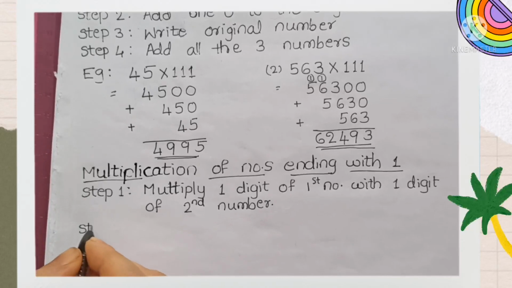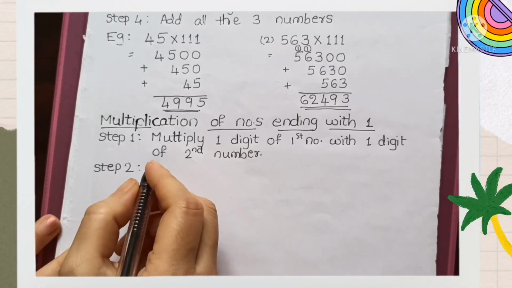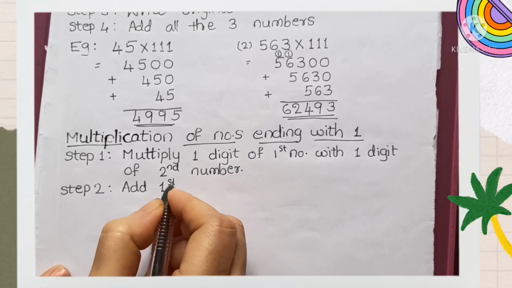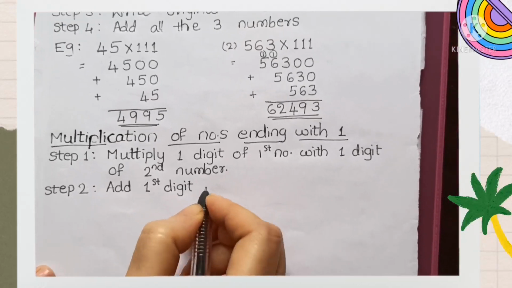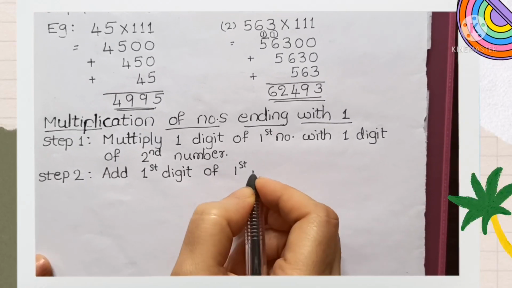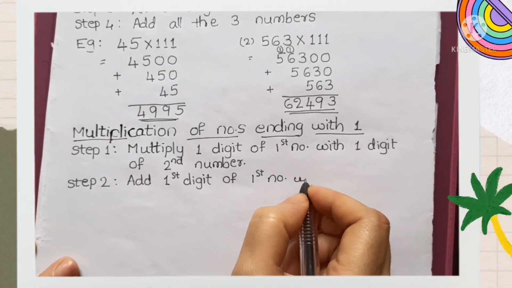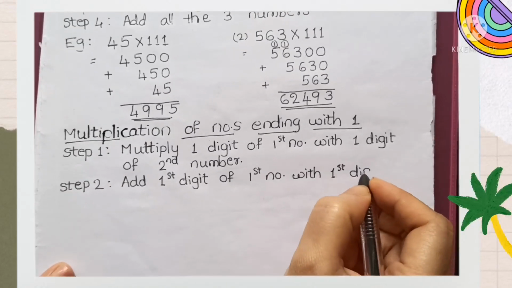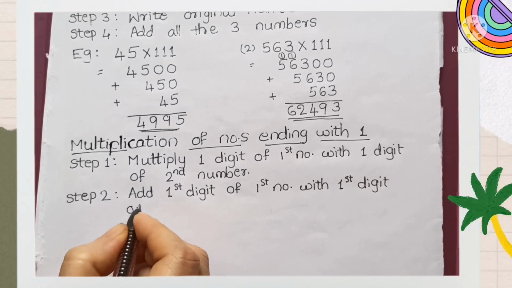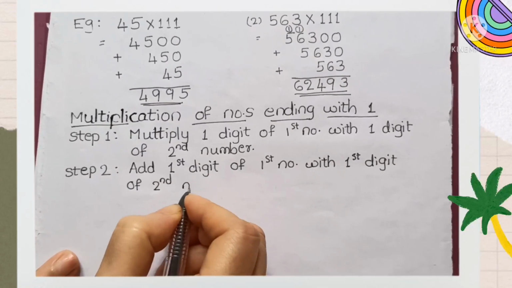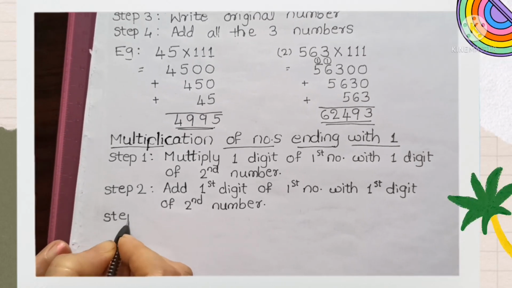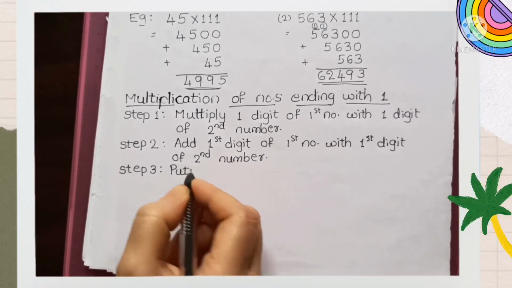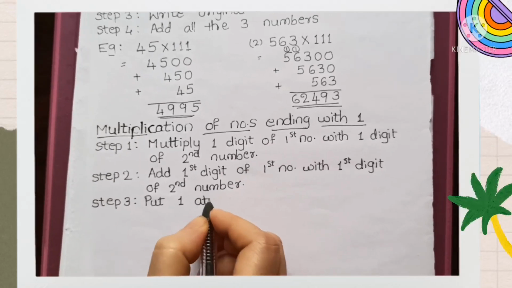फर्स्ट स्टेप का आंसर है 40। अब हम सेकेंड स्टेप देखते हैं। अब हमारा सेकेंड स्टेप है कि हमें फर्स्ट डिजिट ऑफ फर्स्ट नंबर और फर्स्ट डिजिट ऑफ सेकेंड नंबर दोनों नंबर्स को ऐड करना है। हमारा नंबर था 81 × 51, सो हमें 8 + 5 करना है। 8 हमारा फर्स्ट डिजिट है फर्स्ट नंबर का, और 5 हमारा फर्स्ट डिजिट है सेकेंड नंबर का। दोनों को प्लस करने के बाद हमारा आंसर आता है 13। तो अब हम हमारा लास्ट स्टेप देखते हैं। हमारा लास्ट स्टेप है कि हमें कोई भी आंसर आए हमें उसके बाद 1 डाल देना है।